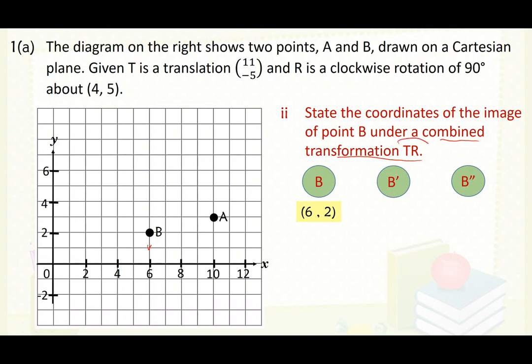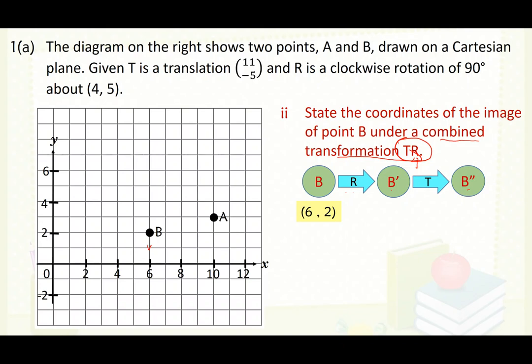B combined transformation TR, so must start from the behind. 当它是 combine transformation 的时候，我们的 transformation 是从后面开始读的，所以呢 B goes to B prime under R. Okay, it's under transformation R. B prime goes to B prime prime under transformation T. 记得我们 transformation 一定是从后面到前面的。